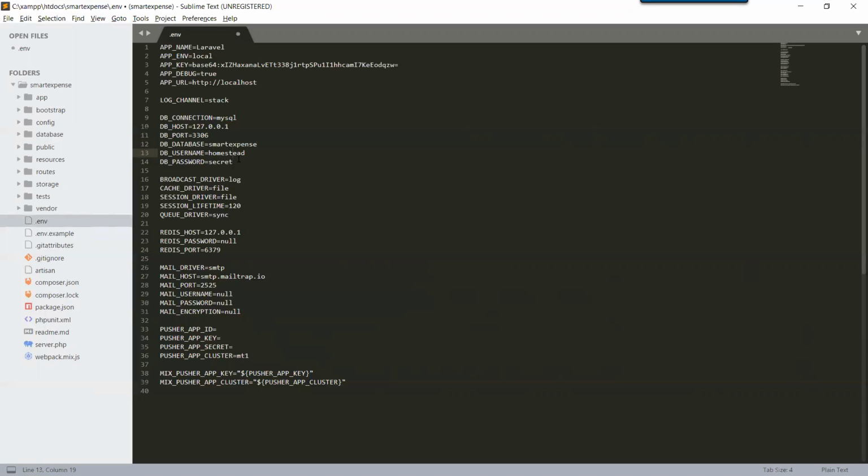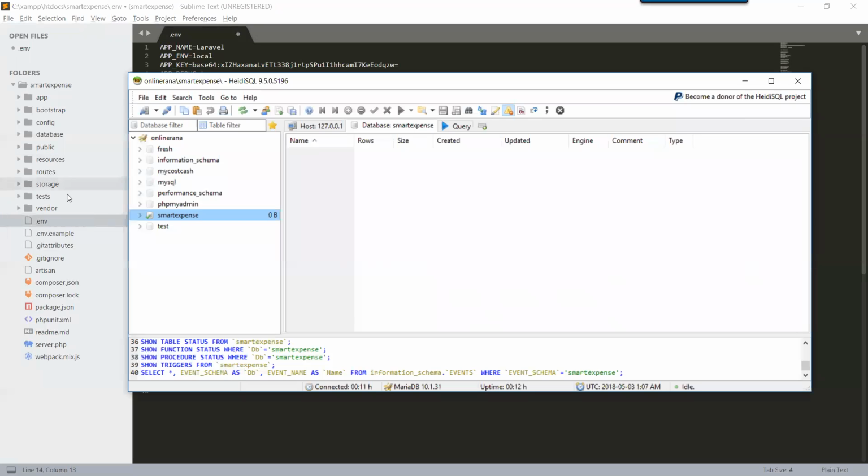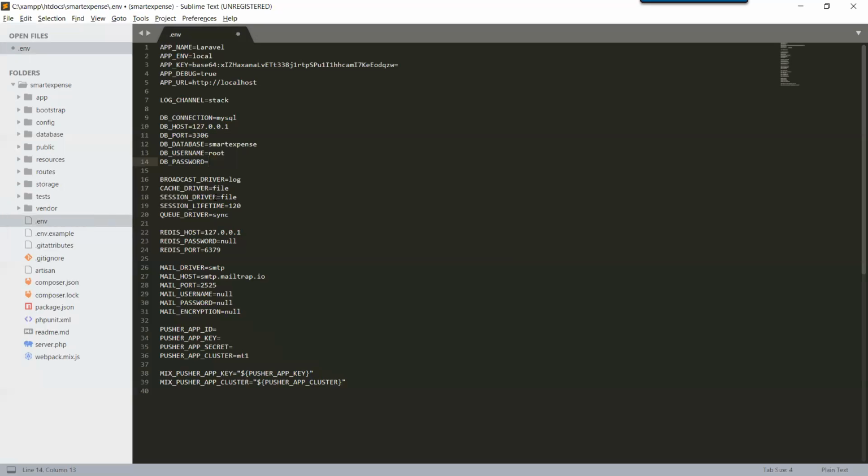The DB username in my case is root, and the DB password is blank. I have not set a password. So these are the parameters to connect your database. We just have to give the database name, smart expense, that we recently created, the DB user root, and no password.